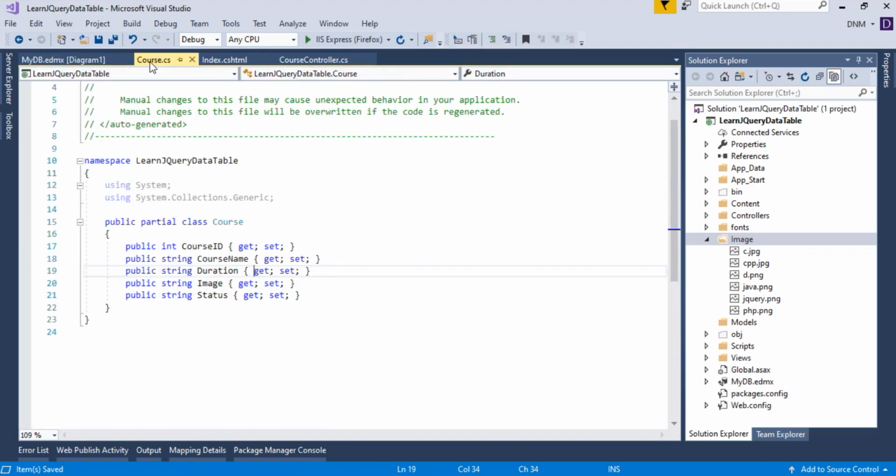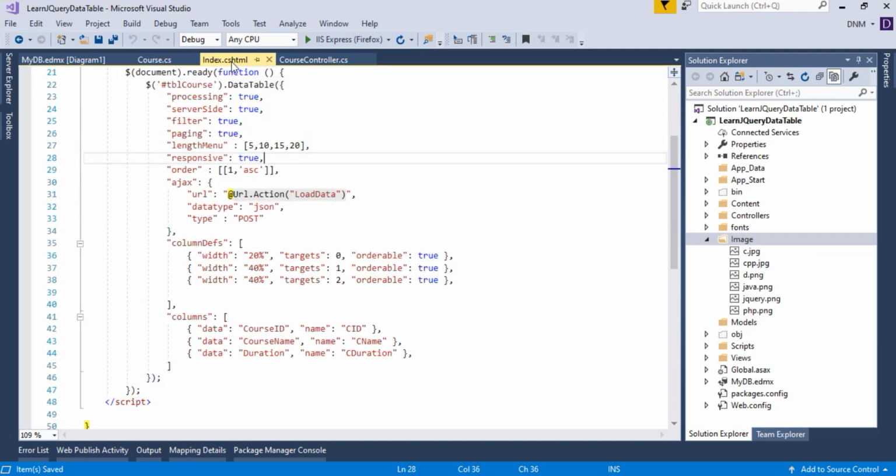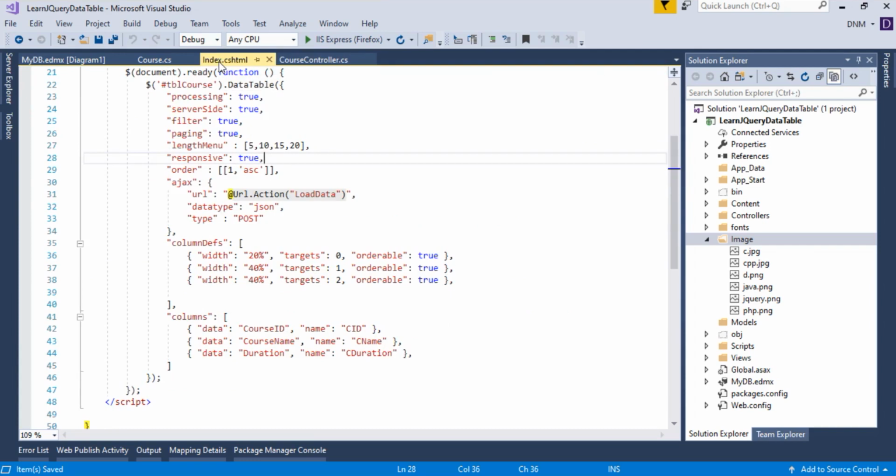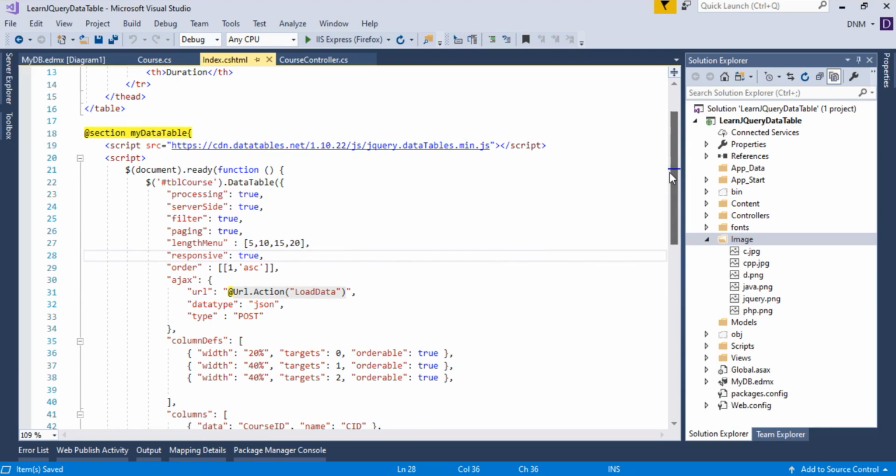Okay, so we're done with the coding related part, the database related part. Now we have to focus on the view only, because we already have that coding available, we do not have to do anything here. We have to play with data rendering only, and data rendering will appear in the view part. I hope you remember this. In the last few videos, or from the beginning, we are studying this, that we are calling this DataTable function, then we are setting various options, and now we are going to focus on the data rendering part.